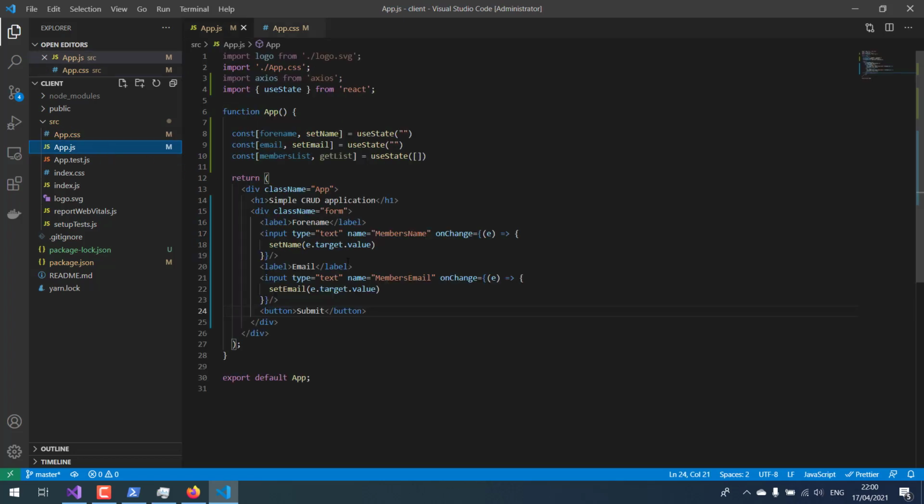Let's start implementing some logic. I'm not here to do CSS and HTML. I'm just gonna implement CRUD. So what we have to do now is we are gonna use Axios, which I just installed. We're gonna use Axios, and we're gonna use